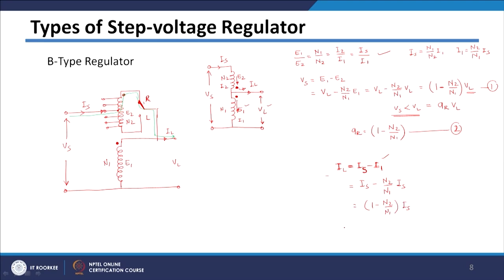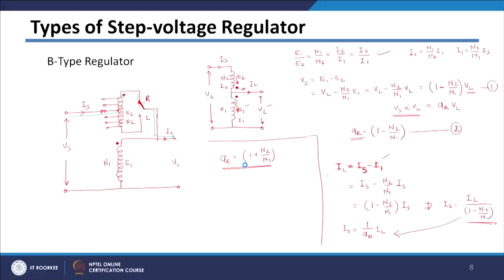So, I can just write IS will be equal to 1 divided by AR into IL, because this will lead to IS will be equal to your IL divided by 1 minus N2 by N1, and this we have defined as AR. So, this term if I write it AR, it will become actually this equation. So, IS will be equal to 1 divided by AR multiplied by your IL,